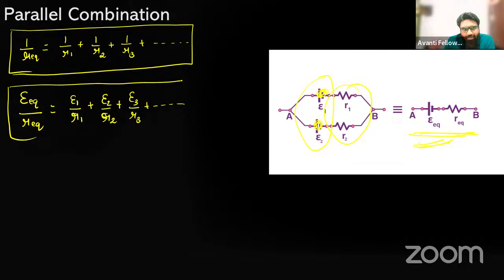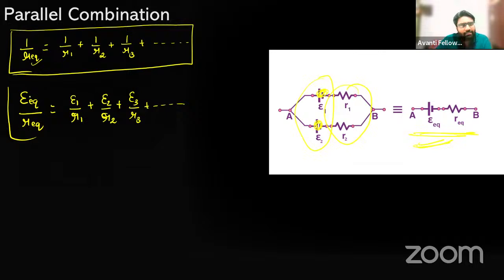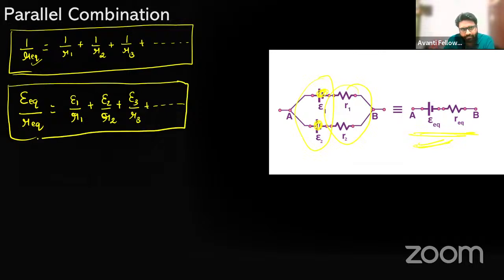So if you want to calculate the equivalent internal resistance, first of all find out this value from here and then find out the equivalent with the help of this equation. Clear? Now if in series,